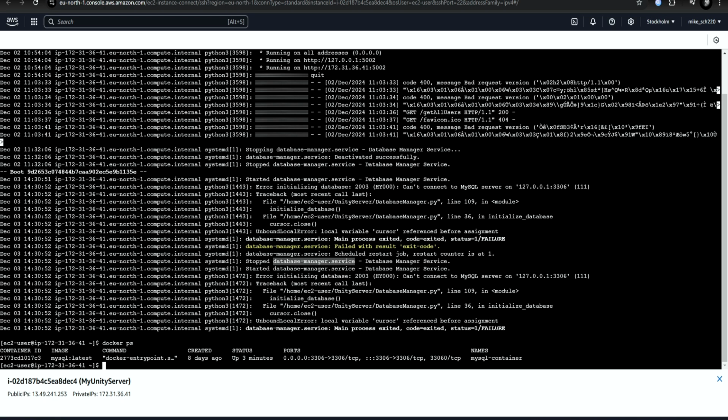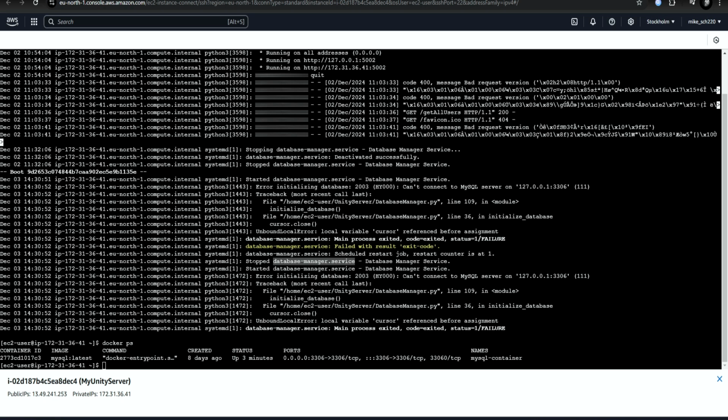Imagine you start your server and both the container for the database and this database manager service start at the same time. And maybe it takes a bit longer for the container to start, and this service is already running and it tries to get information from the container, but the container is still not ready. And then it crashes, okay? So we understand the reason now, and the way to fix this is by simply creating some kind of delay